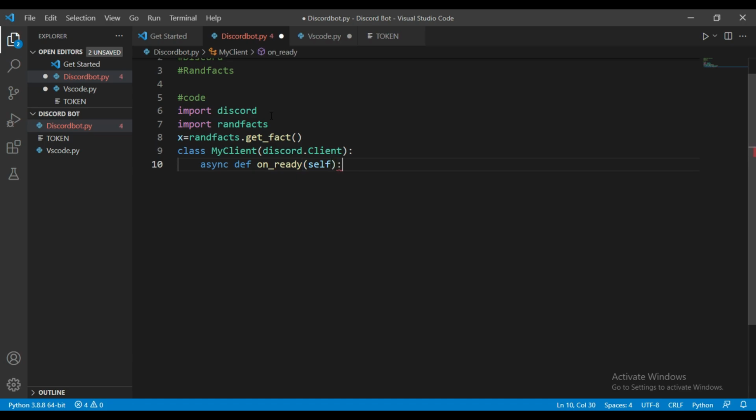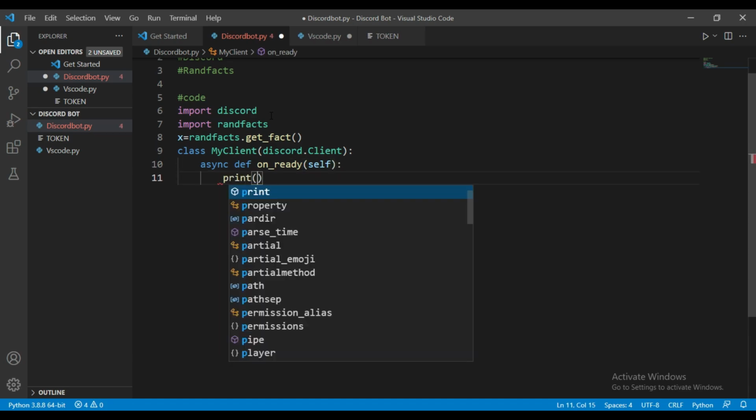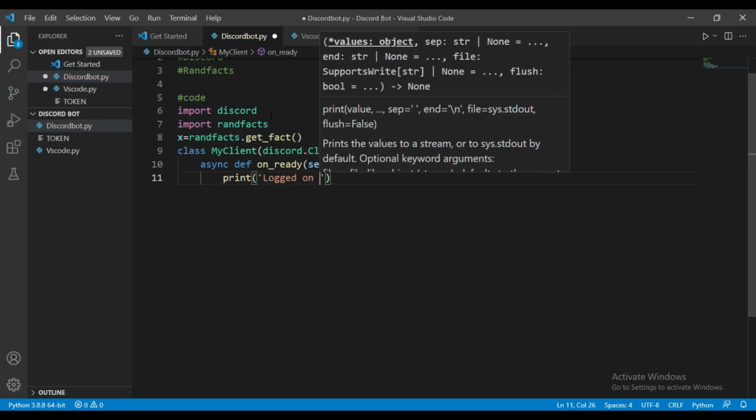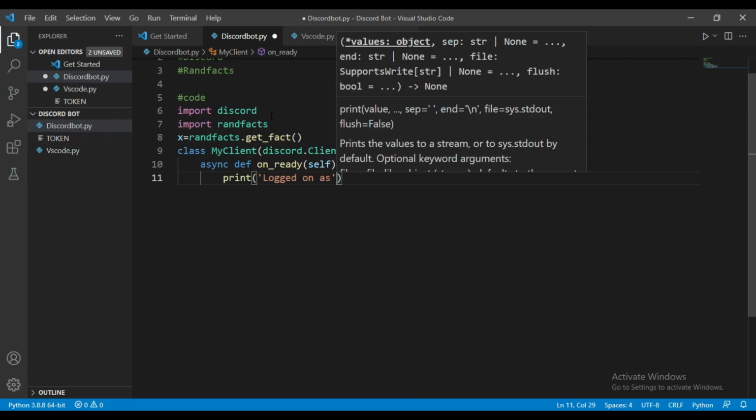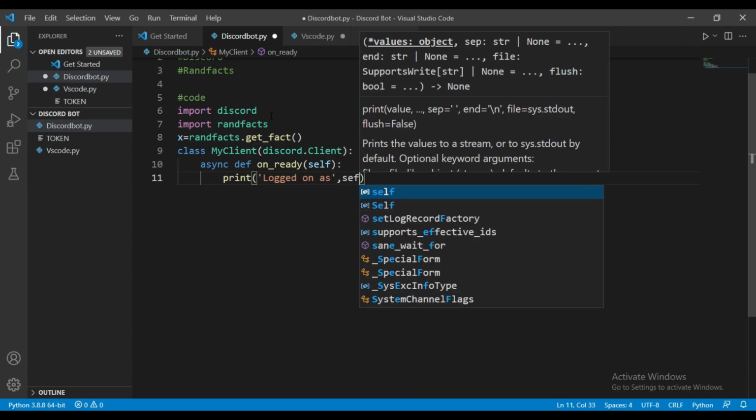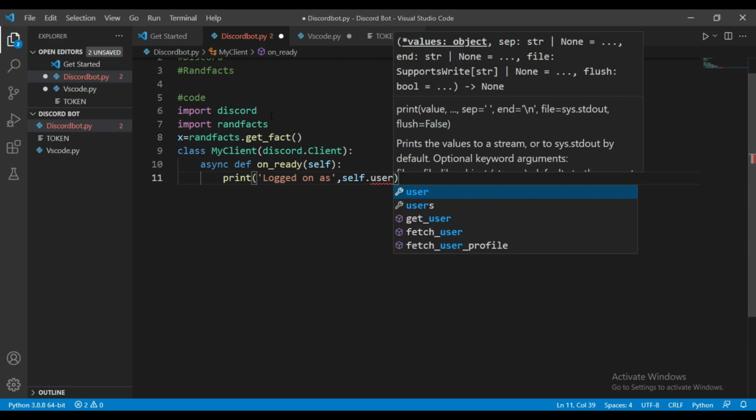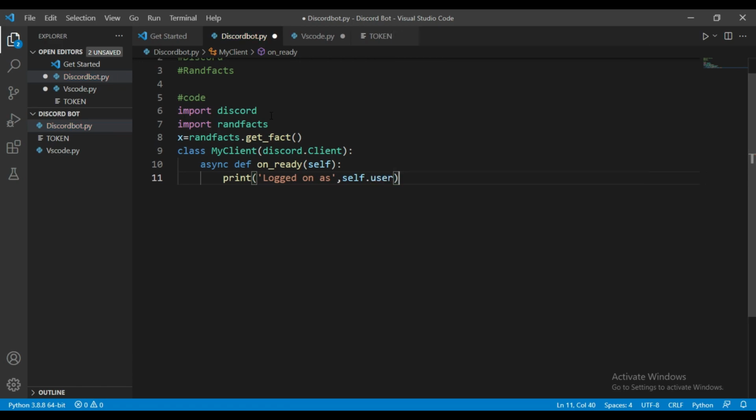It will tell you whether your bot is actually logged in or logged out. Here I wrote one step that clearly acknowledges once the bot is logged in to the Discord application. If the bot is logged in successfully, it will print a message like 'Logged in as' with the client name. Okay. So now we successfully completed the first step.